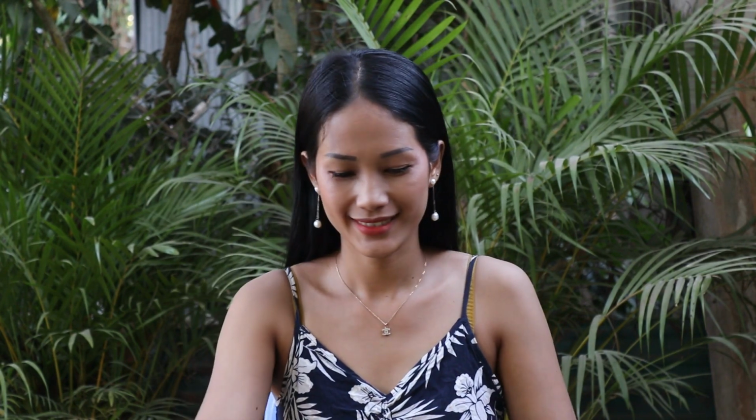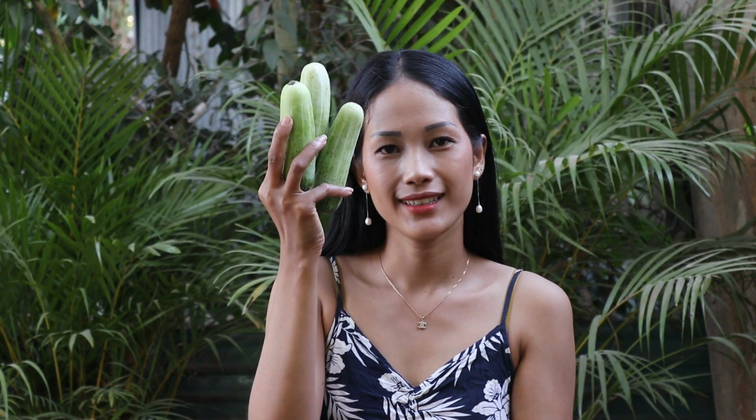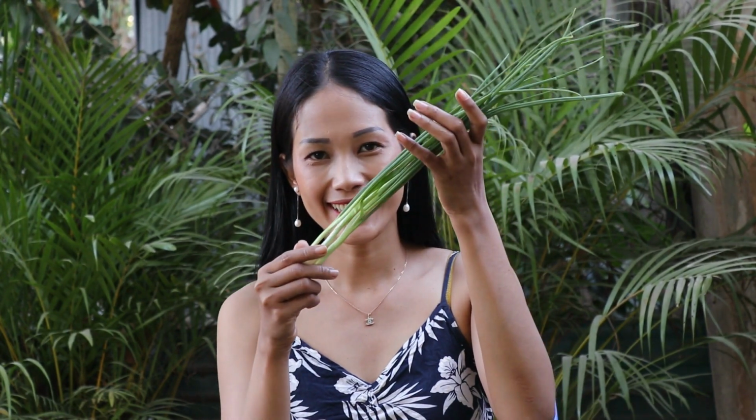Today I'm going to prepare beef Lok Lak recipe. Now I tell you ingredients. Today we have beef and salad, tomato, onion, cucumber, lime, garlic and green onion,